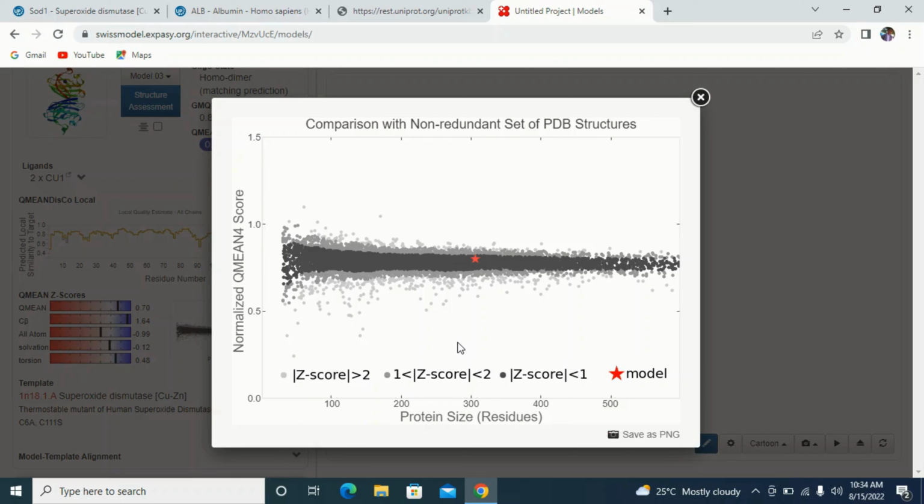But the third one has a Z-score less than 1. You can see the Z-score less than 1, and that is where our target fell in. That's the darkest portion. So if your target or your model is found in this particular Z-score portion, which is less than -1, it is telling you that your protein, your target, your model, has very, very high similarity in identity with